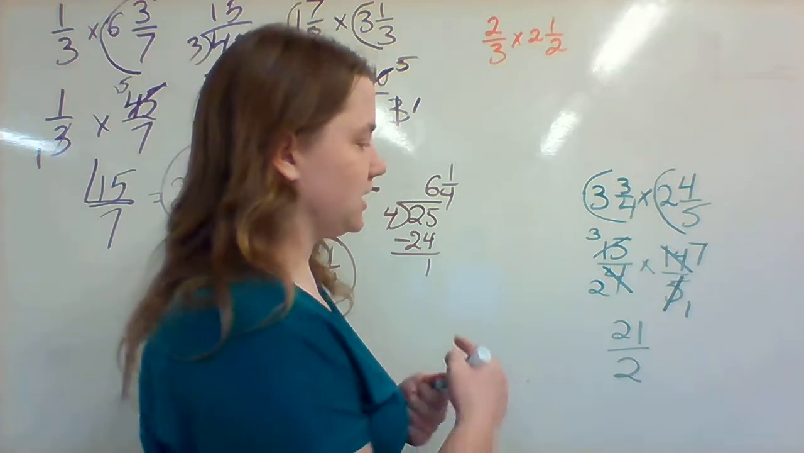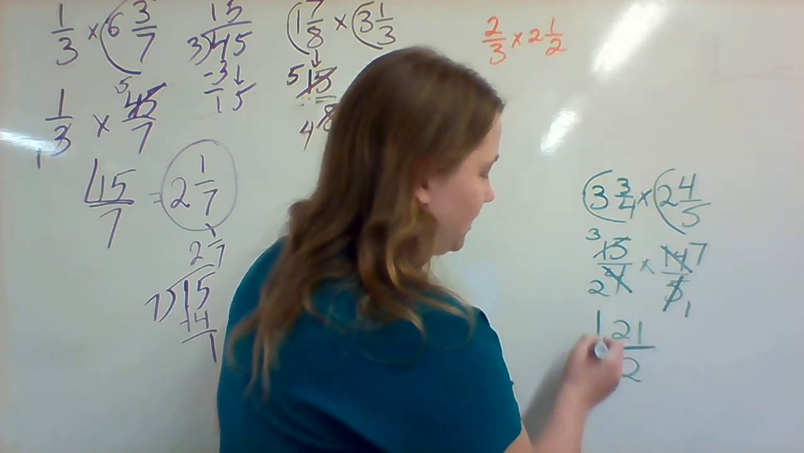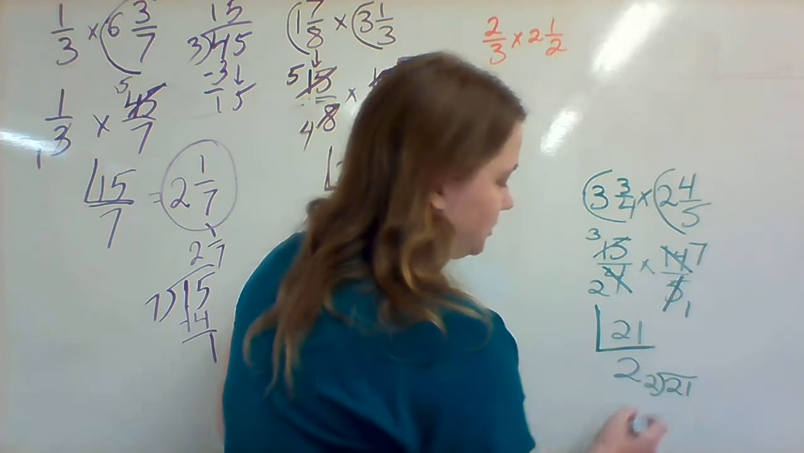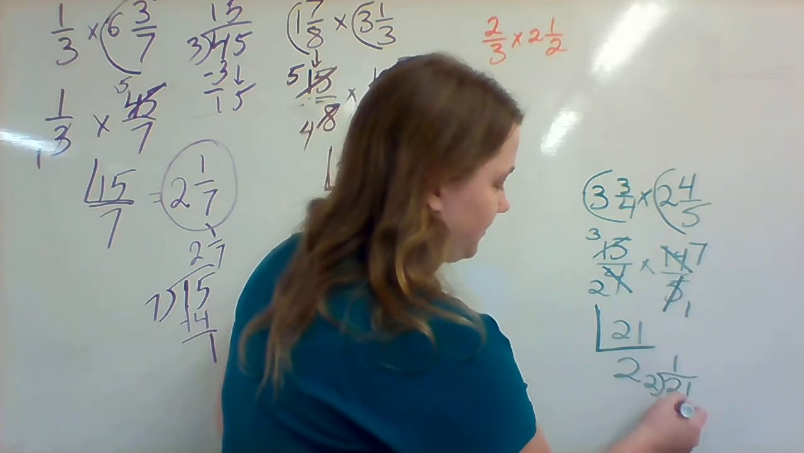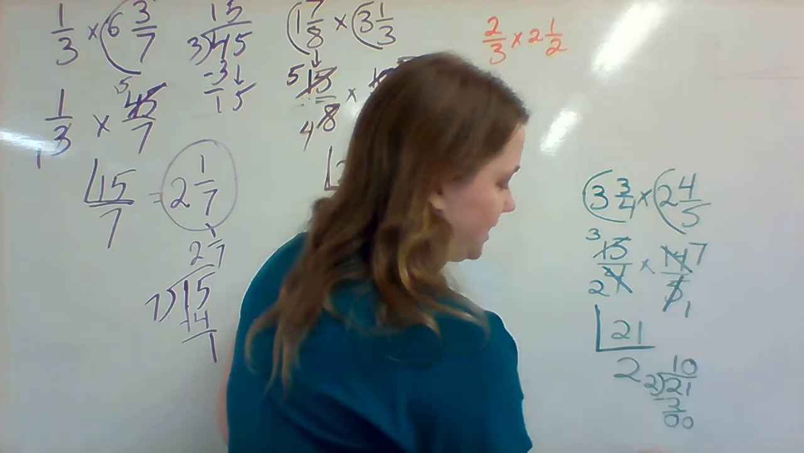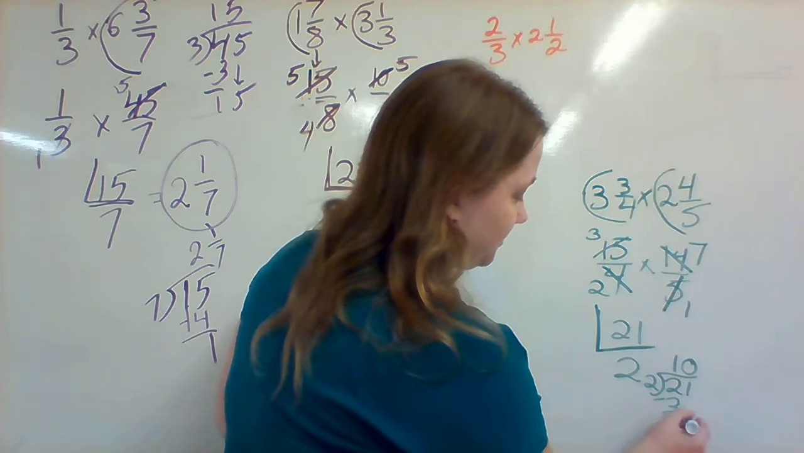What I'm going to do is simplify this. I'm going to make the L and divide. So that's 21 divided by 2. 2 goes into 21 10 times. And I'm left with,